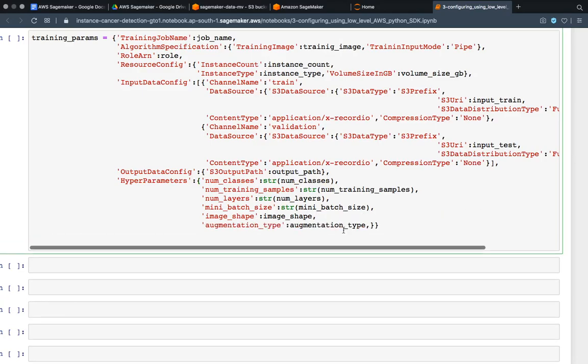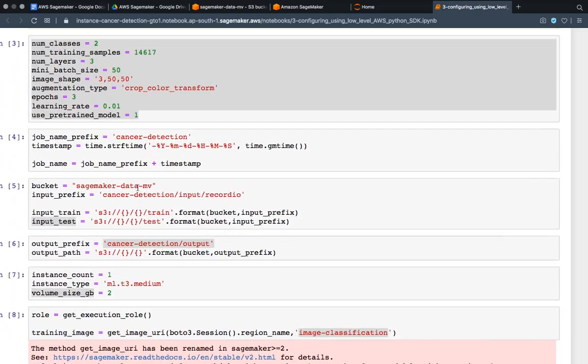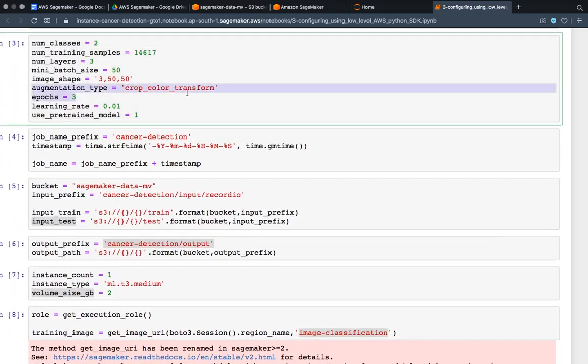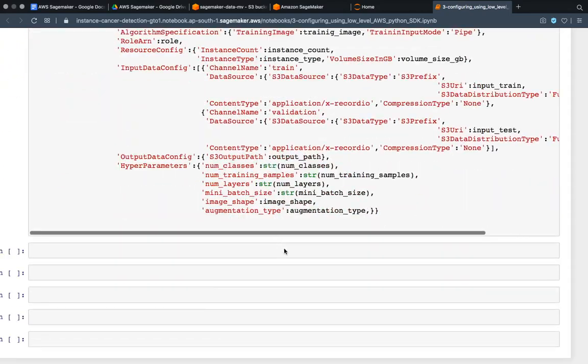Again augmentation type is here. I'm telling you augmentation type, that is crop color transform. I told you there is a class imbalance, so we will augment some of the images, and that's how we will tackle it. Epochs we have,